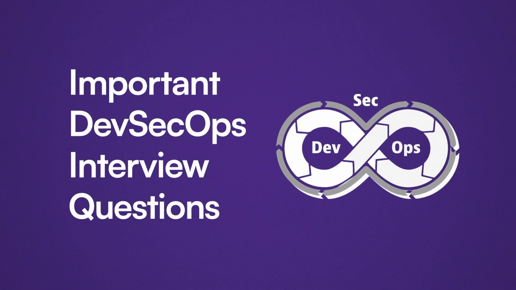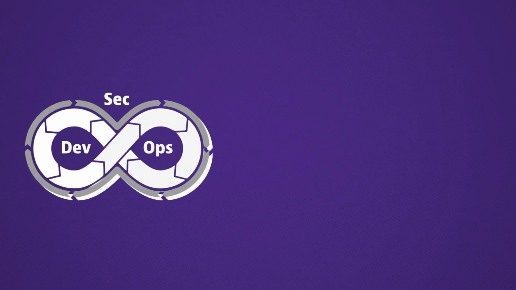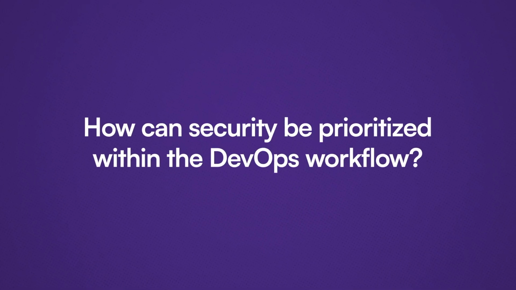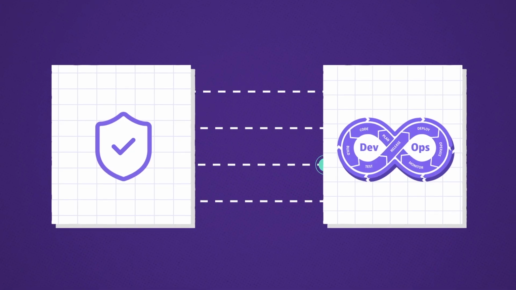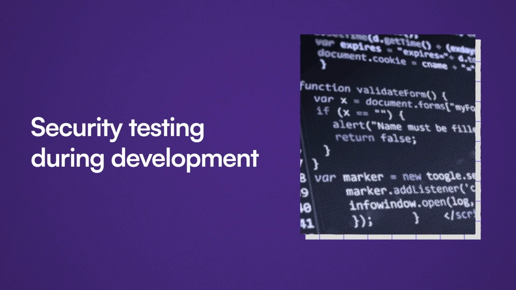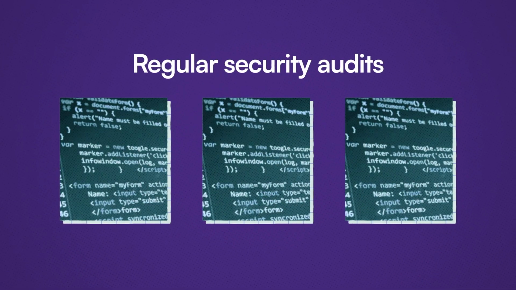Important DevSecOps interview questions. How can security be prioritized within the DevOps workflow? Prioritize security by integrating it into every stage of the DevOps workflow. This includes incorporating security requirements into user stories, performing security testing during development, and conducting regular security audits to ensure